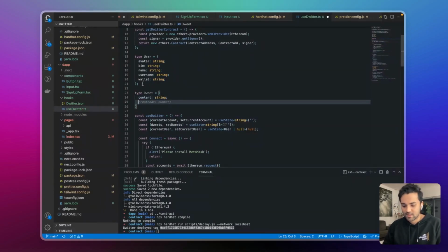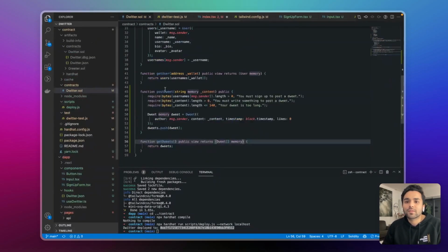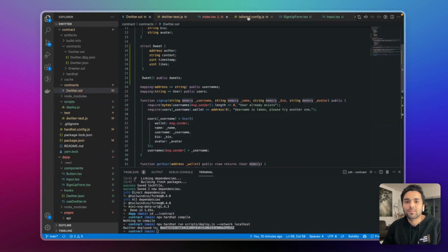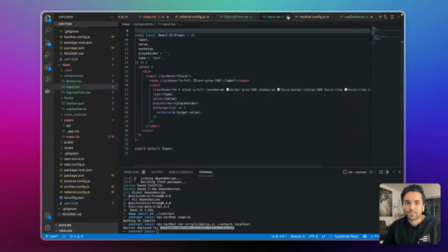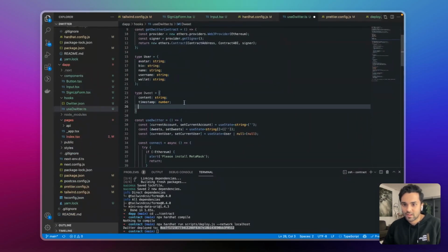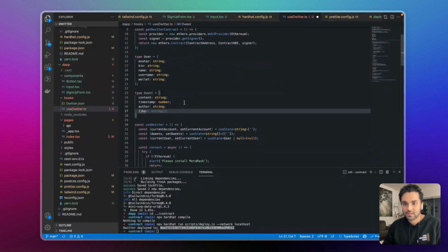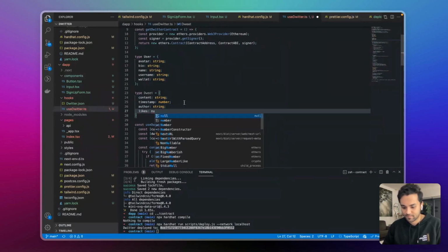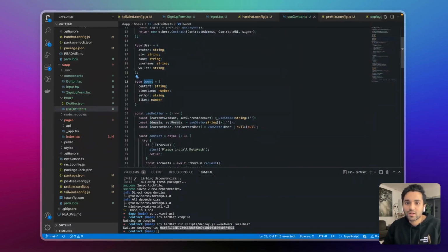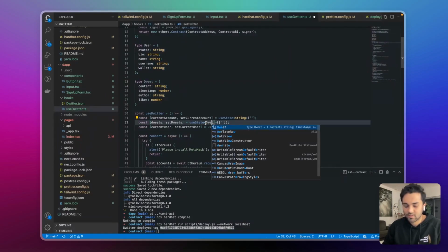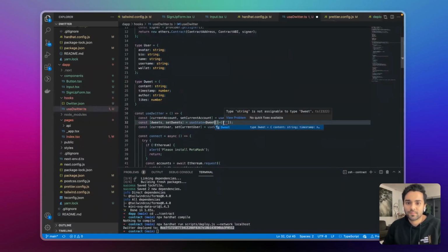It has a timestamp, if I'm not wrong. Let me just confirm what we have here. We have content, author, timestamp, and likes, right? So it should be the same here. Content, timestamp, author is a string, likes is a number, right? So this is the tweet, and my tweets should be an array of tweets, and it should be an empty array,